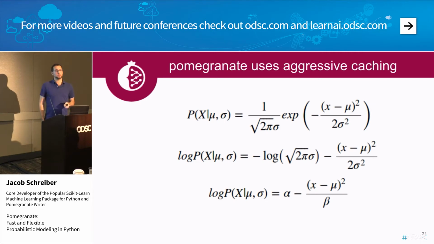And the reason is because Pomegranate uses aggressive caching across all of its models. Here on the top, we have the normal equation, calculating the probability given a normal distribution. If we take the log of it, it decomposes into these nice two additive terms. But you notice that this log of square root of 2 pi sigma doesn't depend on your new data, but it takes up most of your computational cost. This side is just some additions and multiplications. That's not a big deal. But here, this square root and this log, these transcendental functions take way longer. And so if we simply cache this value when we create the object, we now have some alpha constant that's calculated initially. And then to calculate the log probability of some new data, all we have to do are these additions and multiplications.